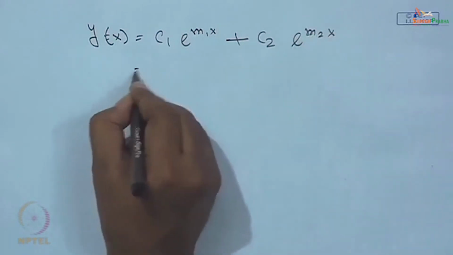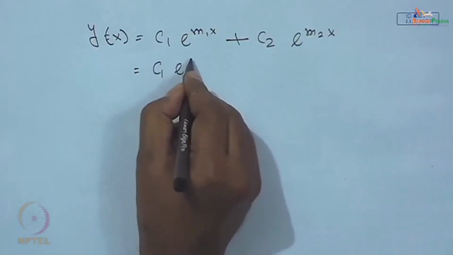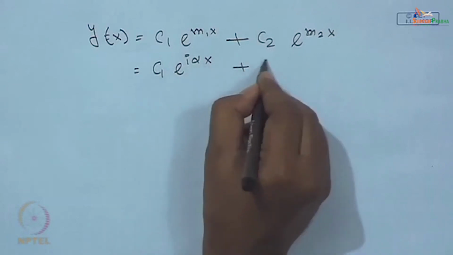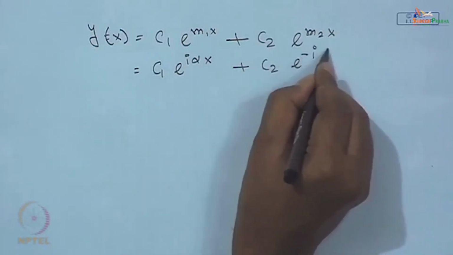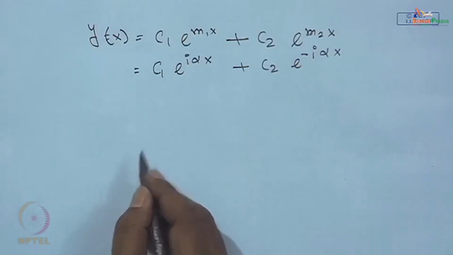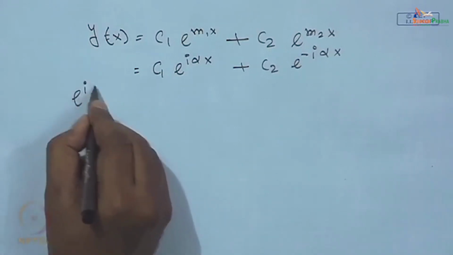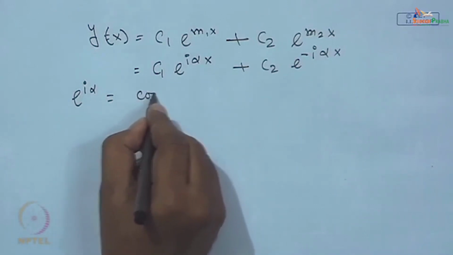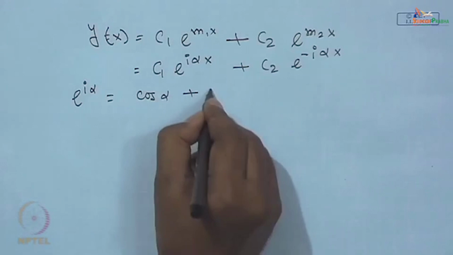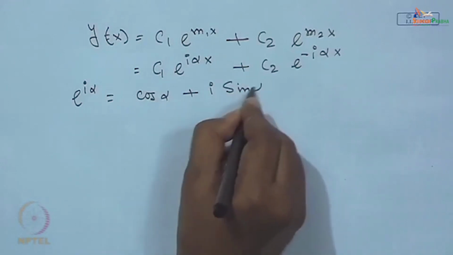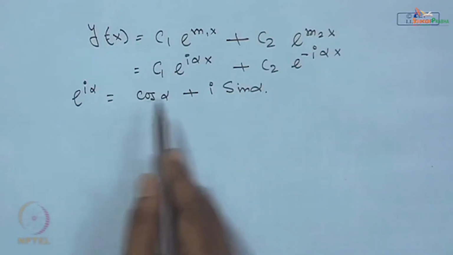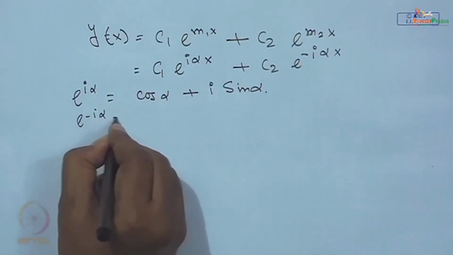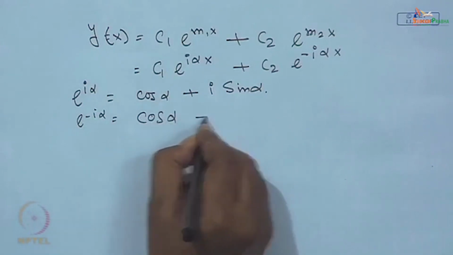So, the form of the solution is c 1 e to the power i alpha x plus c 2 e to the power minus i alpha x, and if you know, you can write Euler's equation: e to the power i alpha is nothing but cosine alpha plus i sin alpha. Now, e to the power minus i alpha is nothing but cosine alpha minus i